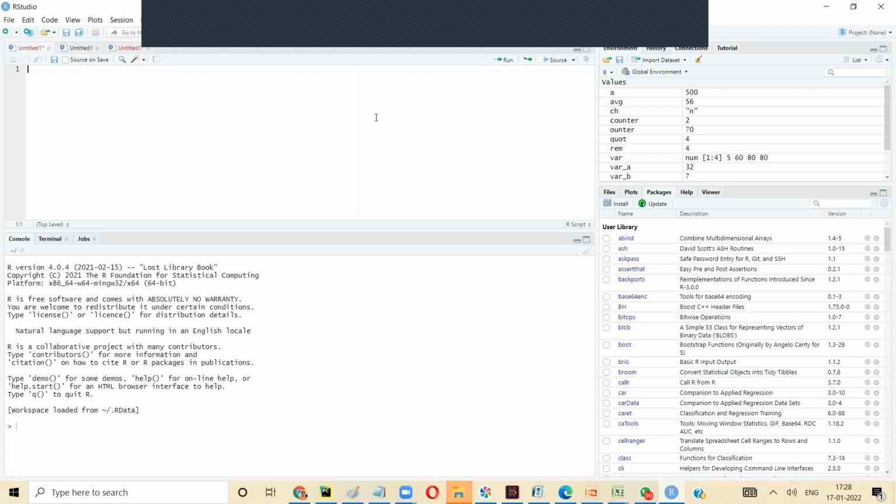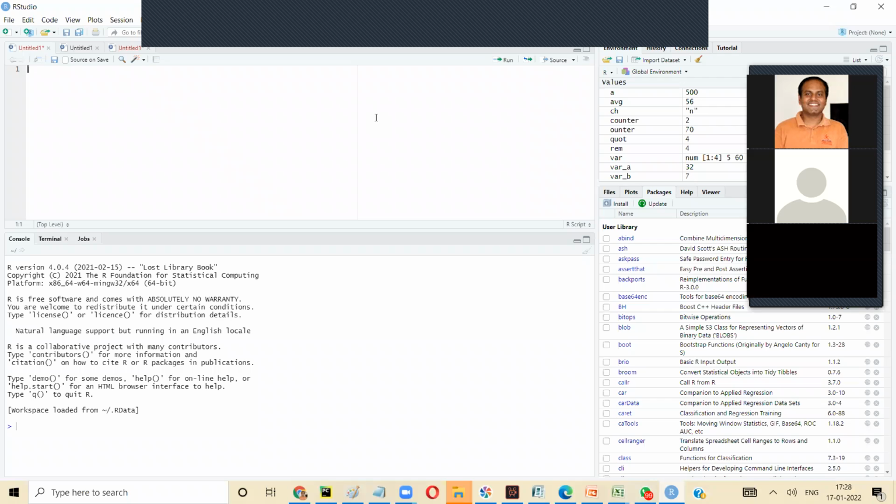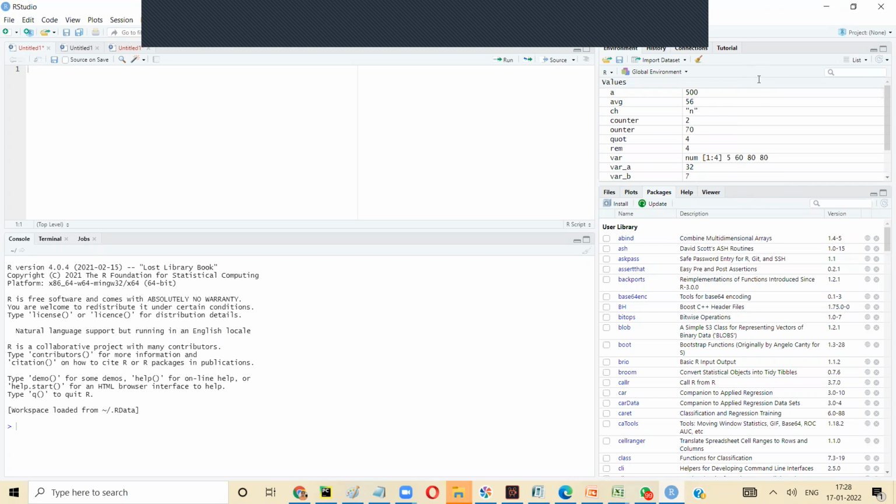So absolute path starts from the drive, right from the drive name or drive ID, C drive, D drive, and then you go into a particular folder. Okay, now then you have relative path. Relative path starts from where you are currently. So where you are currently is relative path. When I'm working on R, my R software is installed in some particular path, right? And that's where I am. So from where you are, how do you move to a particular folder, a particular location? That's what we call